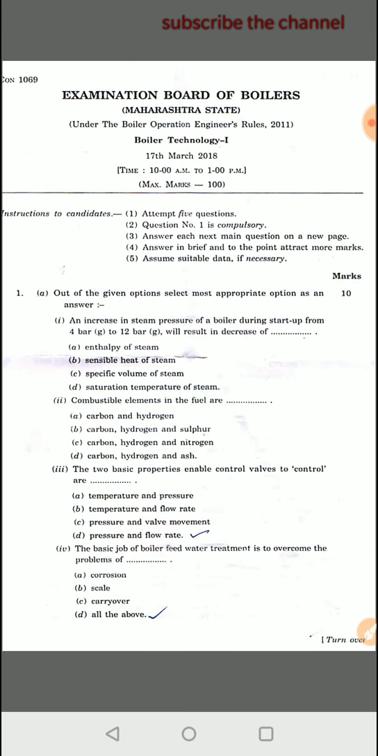Second question. Combustible elements in the fuel are: option A, carbon and hydrogen; option B, carbon, hydrogen and sulfur; option C, carbon, hydrogen and nitrogen; option D, carbon, hydrogen and ash. We all know that fuel has carbon, hydrogen, nitrogen, sulfur, oxygen and ash. But which are the elements which are combustible? To answer this question,